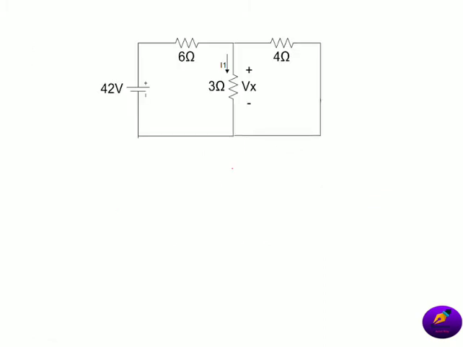In the first circuit we have suppressed the 10 volt supply using short circuit. We have to calculate Vx in this circuit. We can apply nodal analysis for solving this circuit. Here we have to calculate Vx, so this node will be Vx, and we will treat it as high potential, and another node Vg which is at lower potential, that is equal to 0.